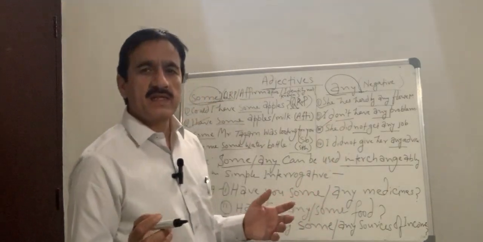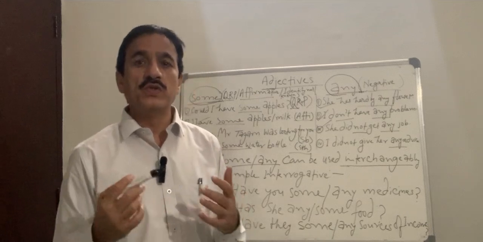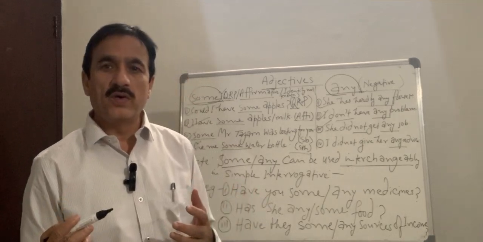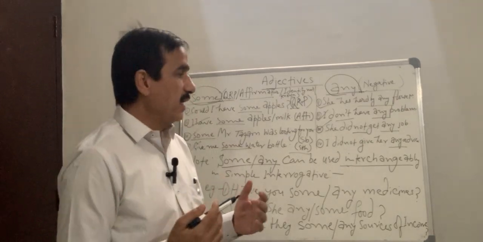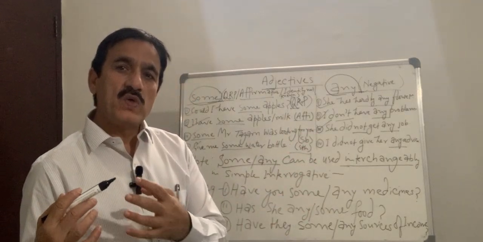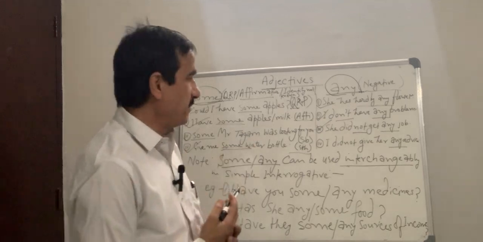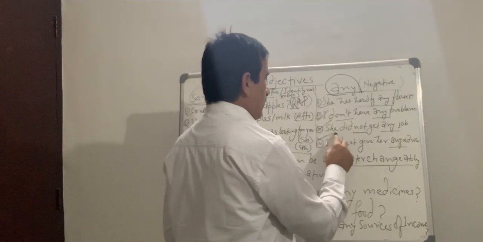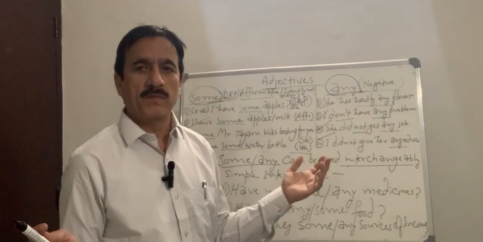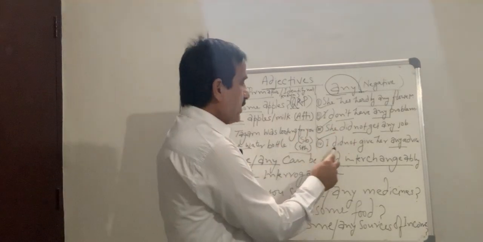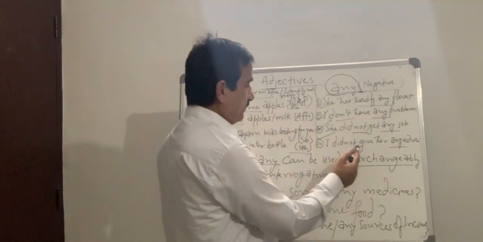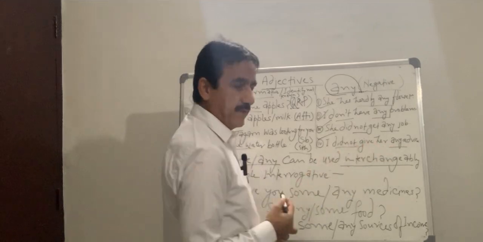You know how a sentence becomes negative? When you use a negative term like neither, nor, no, not, etc. And even barely, scarcely, hardly are treated as close to negative, meaning negligible: having something but in negligible quantity. So she did not get any job. Here, she did not get some job would be wrong because it is negative, not affirmative. Next, I did not give her any advice. Again, negative.